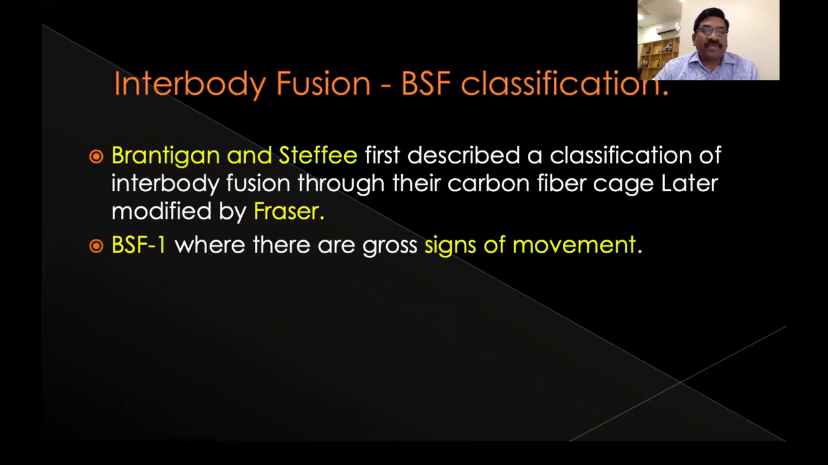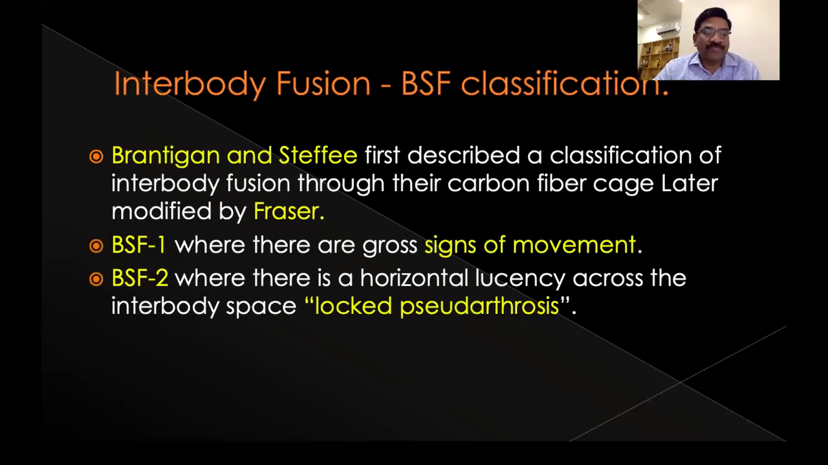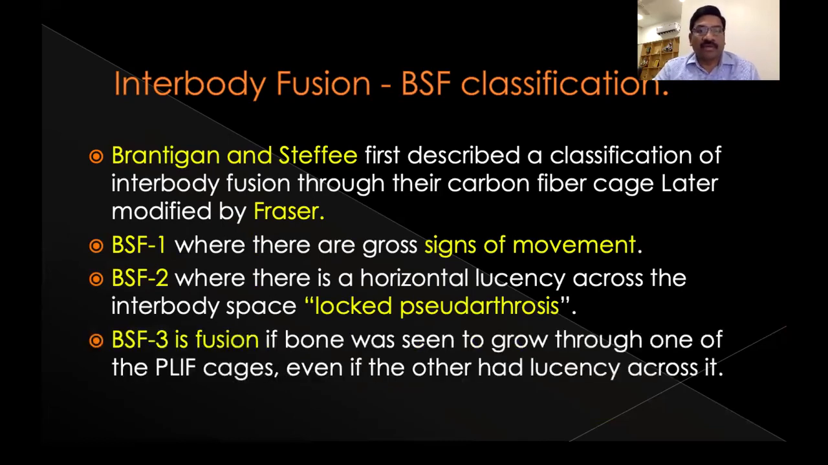BSF 1 is where there are areas of gross signs of movement, which indicates a failure of fusion. BSF 2 is a kind of locked pseudoarthrosis, where there is a lucency horizontally, but there is a fusion mass around the horizontal lucency. And BSF 3 is quoted as fused